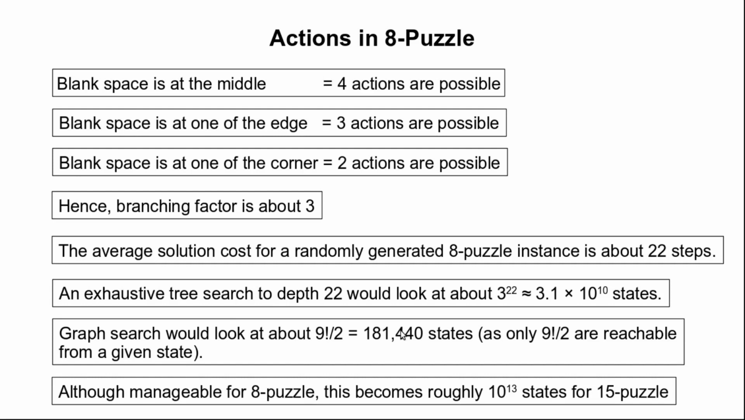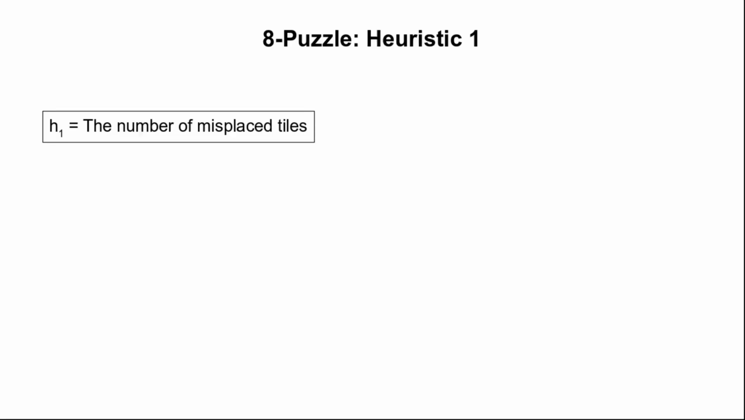but if we go for the 15 puzzle instead of the 8 puzzle problem, then even for graph search we may need to look at about 10 to the power 13 states, and uninformed search may take a long time to find a solution for the 15 puzzle problem. So we need to look at informed search, and to be able to use informed search for the 8 puzzle problem we need to come up